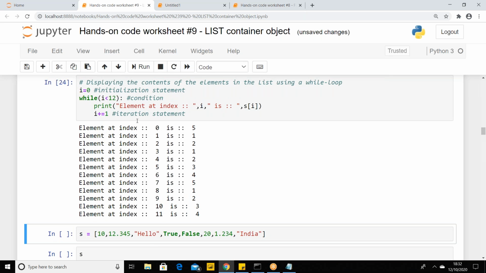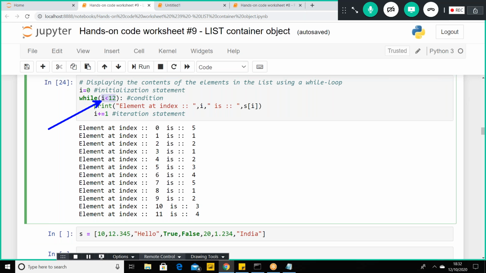And please be careful: you write a condition in such a way that this condition must be true. It must evaluate to true for a certain number of iterations, and you keep track of that particular i value in order to make that condition false at some point. If you don't iterate, i is always 0 and you would end up in an infinite loop. So don't forget the iteration statement. Write the condition in such a way that it will be true initially, and after a certain number of iterations it must evaluate to false. Okay. So this is what we are trying to do, access the elements